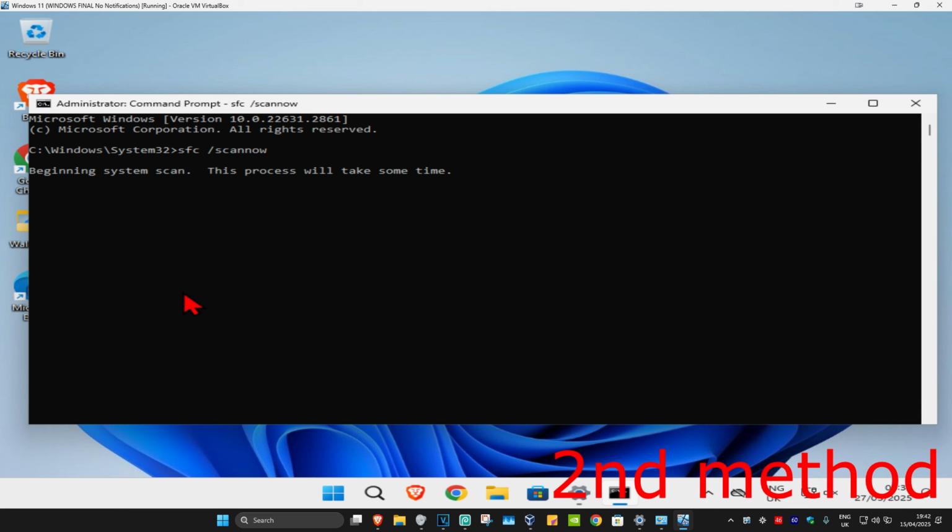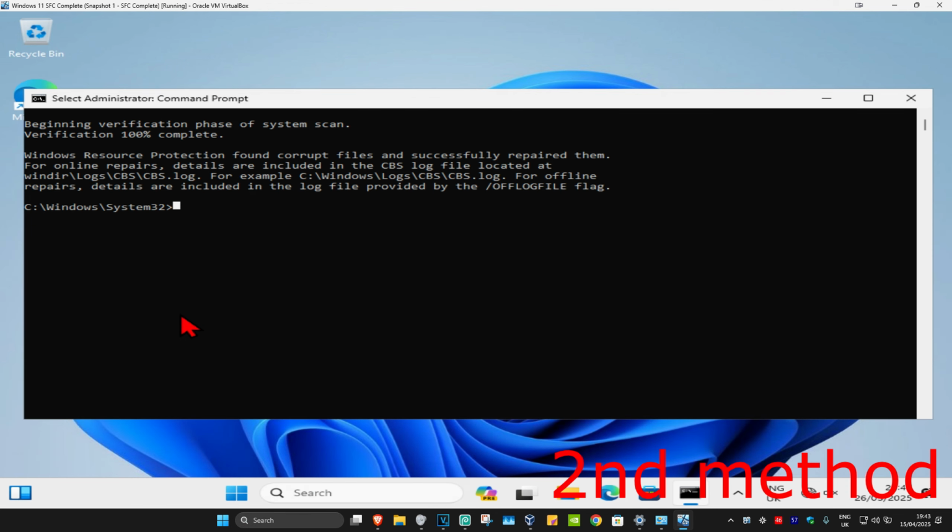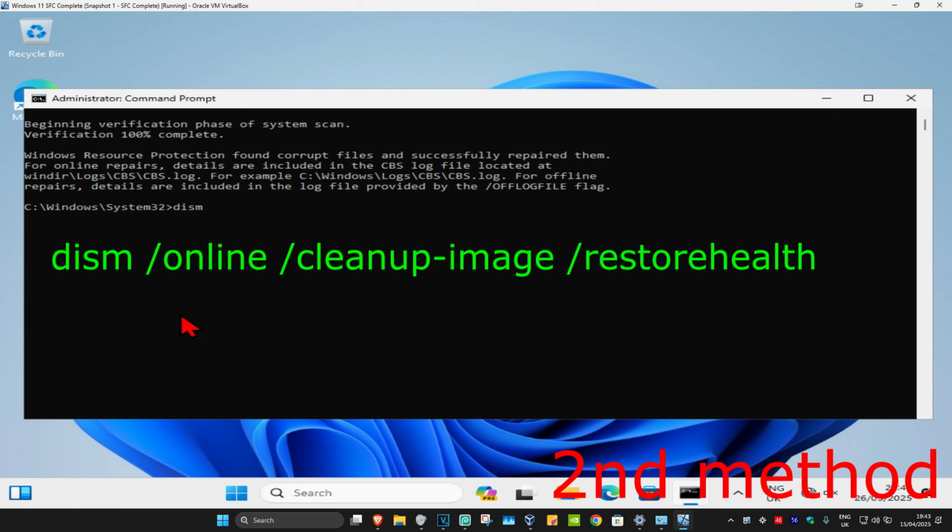Now you want to run this scan. Wait for this to load. I'm going to skip the video to when the scan will be fully completed. And now once that's been done, you're now going to type in DISM /online